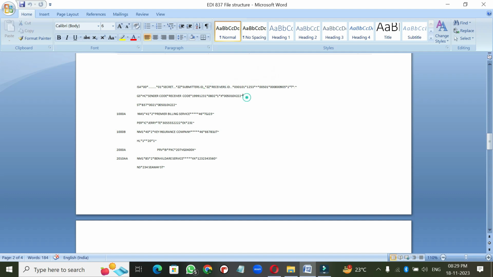Now because this is an electronic file, I don't need to mention the entire address like I do in the paper world. On the box I mention the to address and the from address, but because this is the electronic version, each and every entity is assigned a unique ID. So the submitter ID is my ID, Dr. J Chaudhary's clinic, and the receiver ID is the payer's ID. So the system knows where this file has to be sent. Okay,